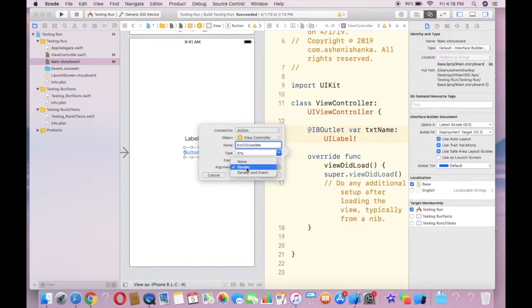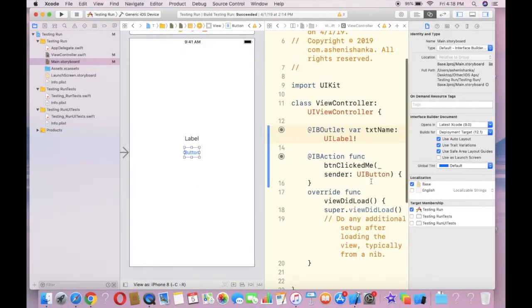Okay, now for the argument, we have to select the sender. Now let's choose the type as UIButton, connect. Okay,